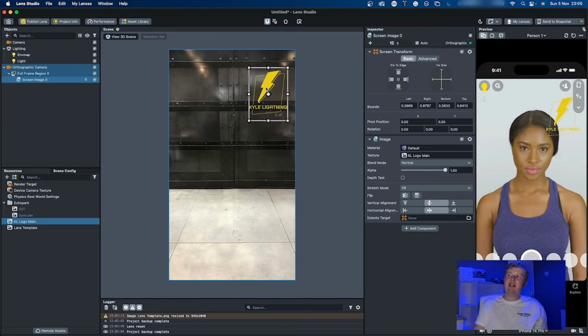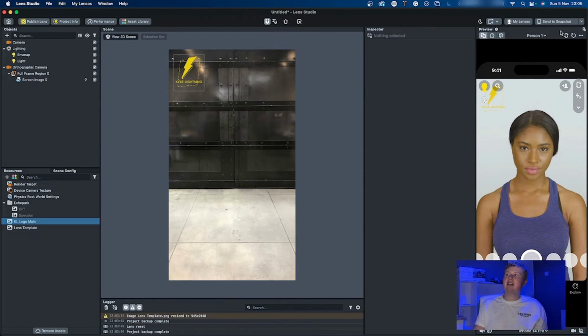For this, being mindful of how it's going to look, obviously this is the carousel, which is when you're choosing the lens, but obviously most of this disappears. For me, I'm going to put it in the top. Oh, I've just squished it, that's not good. I'm going to put this in the top left, and then as a lens, I can send this to my phone. Obviously I can't because my phone is the webcam today, but I could then test this out and I'd be able to see where it is. And that is basically how you put a 2D image on the lens, and that's what I mean, it is a super simple lens. I'm going to leave that there because I'm going to move into now the cutout lens,